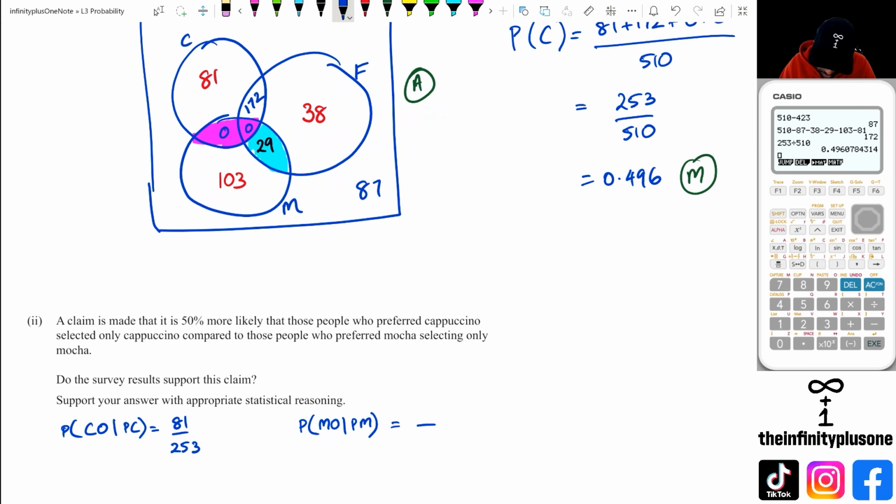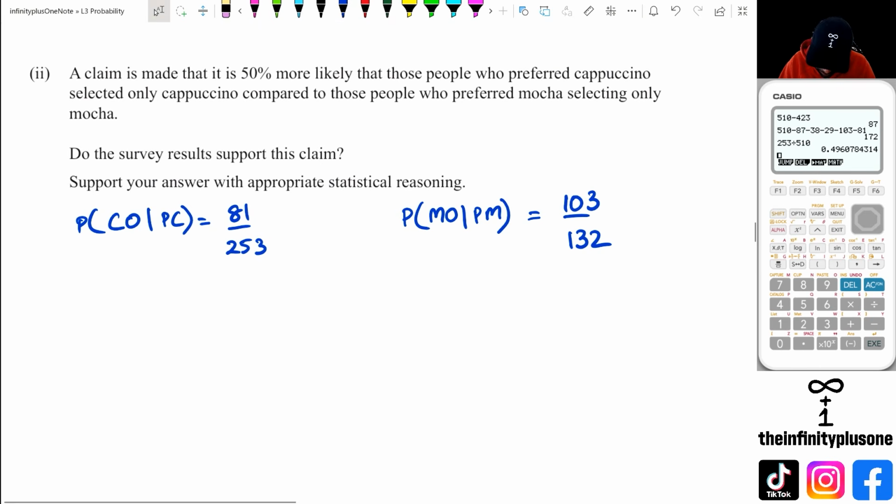So mochaccino only is 103. But if you look at the actual people that preferred mochaccino, which is this entire circle, that's 103 plus 29, which equals 132. So when we calculate these two probabilities, I'm going to do 81 out of 253 first, which equals 0.32. Then I got 103 out of 132, which is